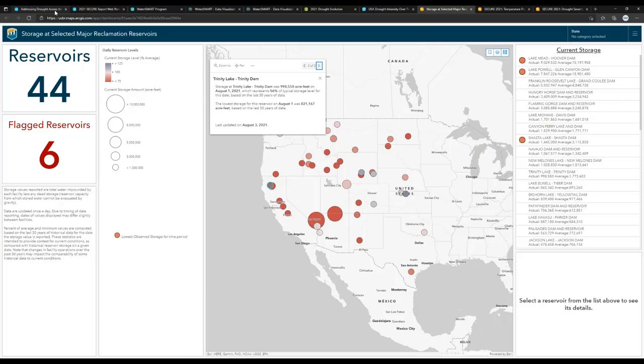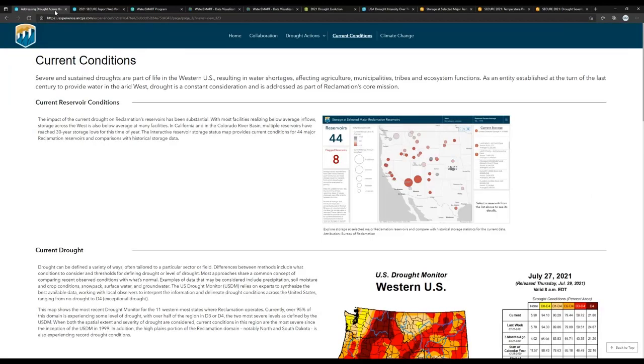I think that was all that I needed to share. Oh, you can filter by state. I forgot to mention that. So you don't have to go back and do it, but if you wanted to, you could filter those by state. And then going to the climate change page, last but not least.